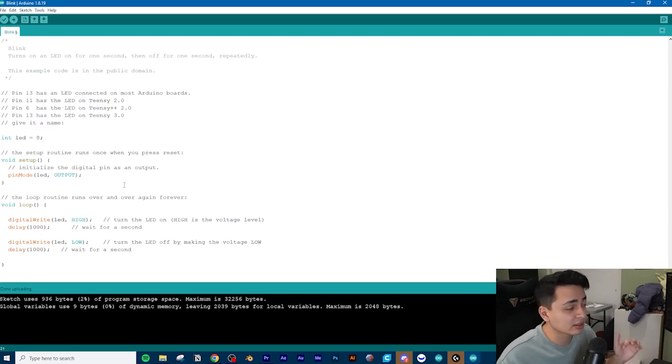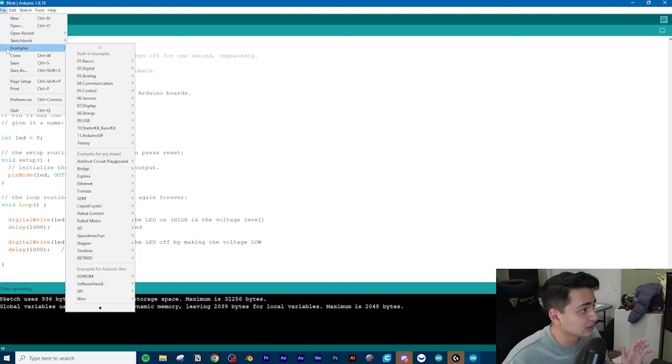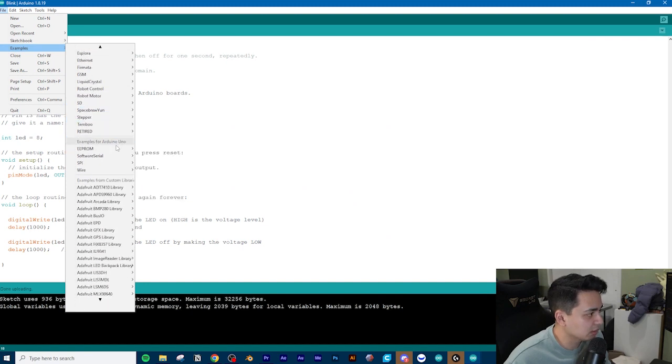All right, welcome back. Now I'm going to show you how to program the servo motor. To program the servo motor, we're going to do the same thing as we did for the LED. We're going to reference an example and change that around to get what we want. Once again, we're going to go to File, Example, and then we're going to scroll down until we